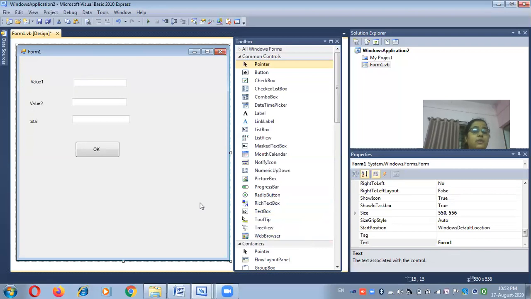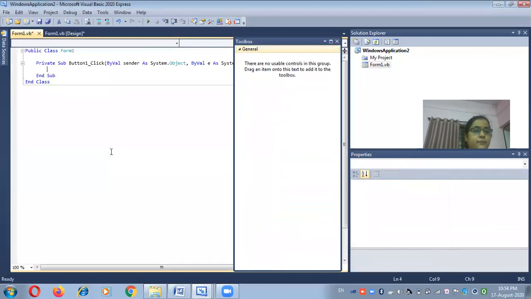Now your designing portion is over. What is the next step? The next step is you have to write code to perform a specific action. You can do it in two ways. Either you just double click on the command button, and the code window is displayed like this.